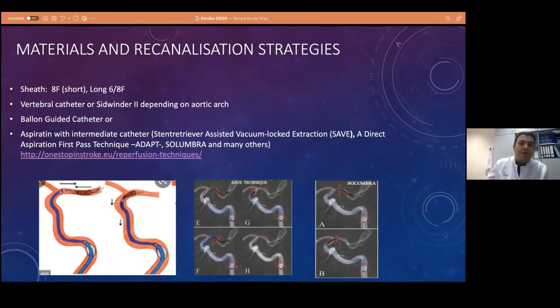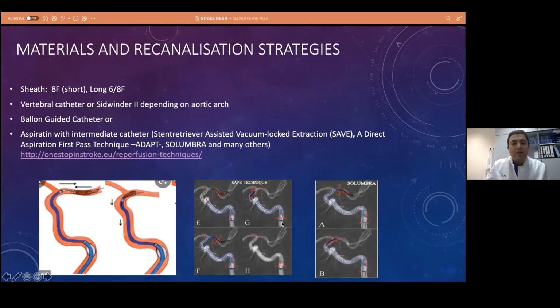Balloon-guided catheter or aspiration, you can do whatever you feel comfortable with. I used to do the SAVE technique a lot. The advantage of the SAVE technique is that you have a catheter directly in the middle cerebral artery, and you start suction with a vacuum pump, and you get your stent retriever with the thrombus, and you take both out